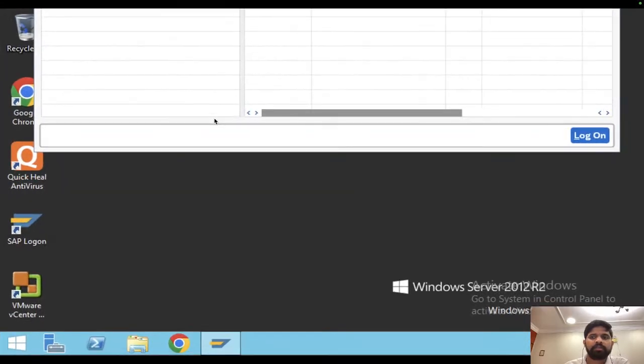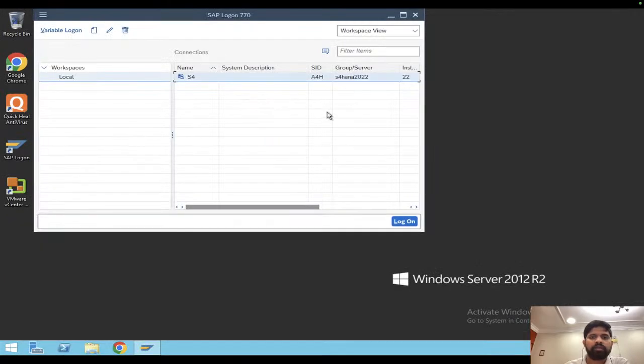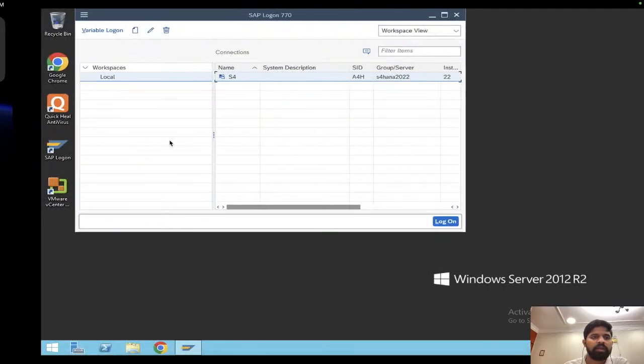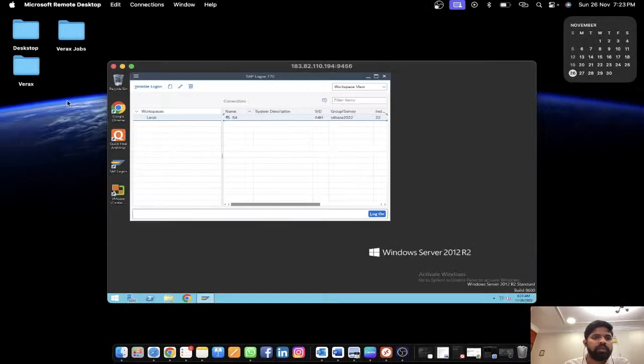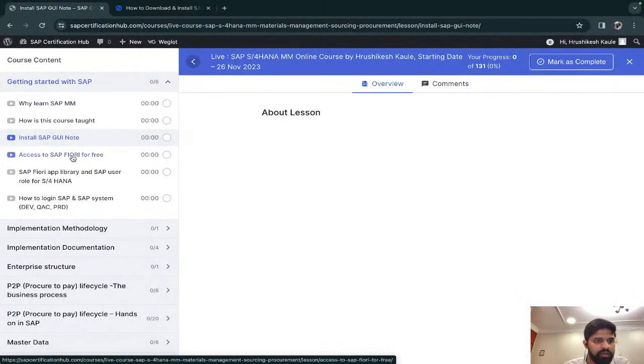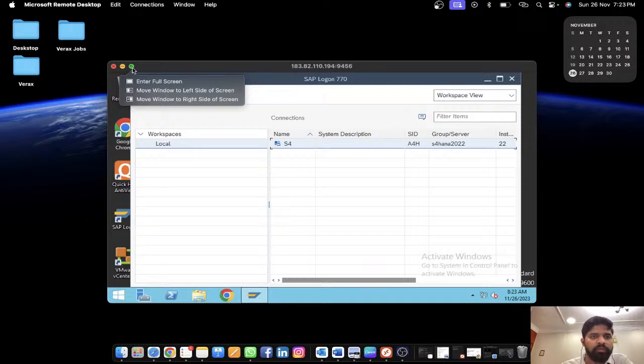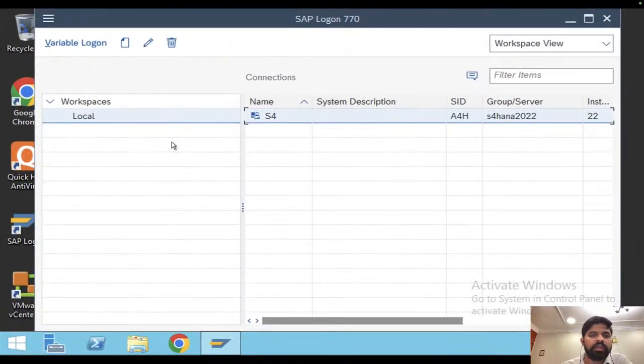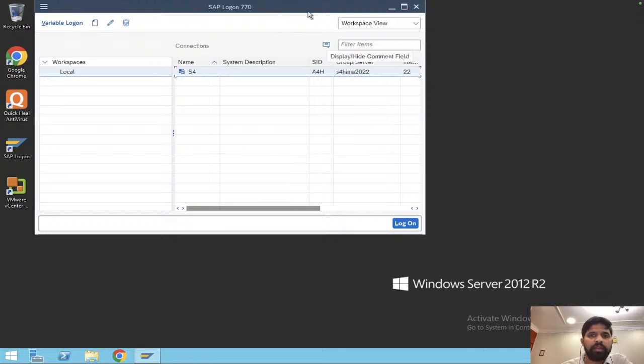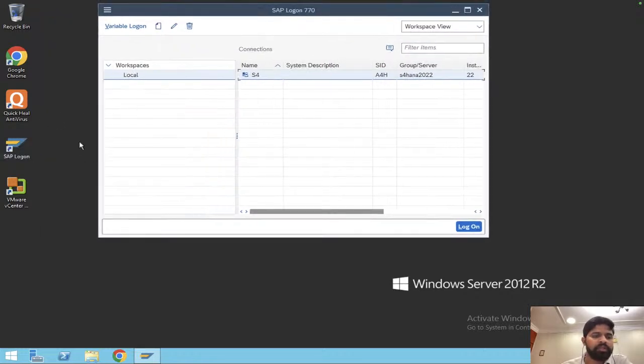Screen like this. So we will come to that. In my laptop also I have a similar type of GUI. Just let me know if anyone is having a MacBook, as the installation will be difficult to find. So I will provide it to you. So here for SAP Logon, this will be your screen.